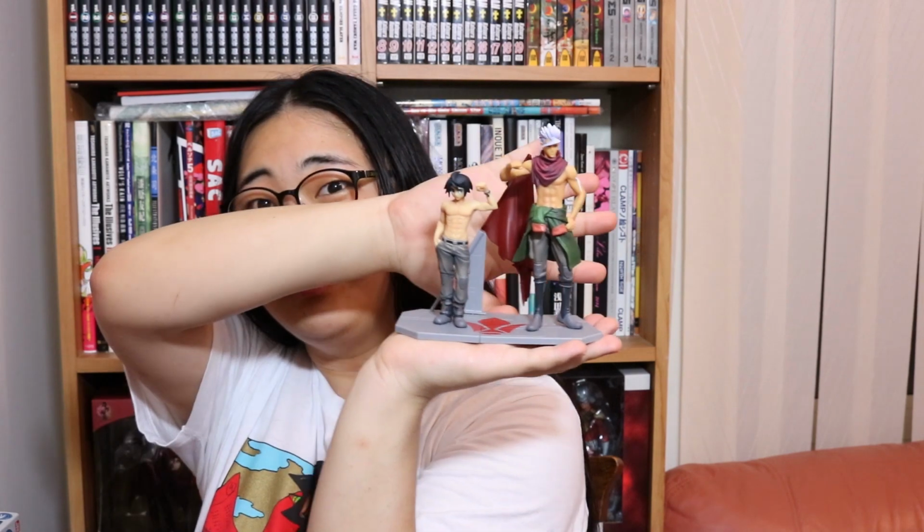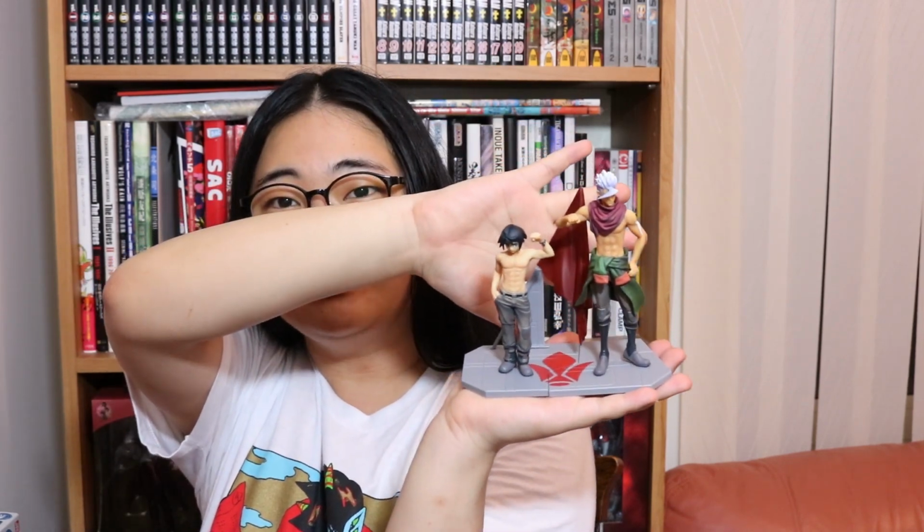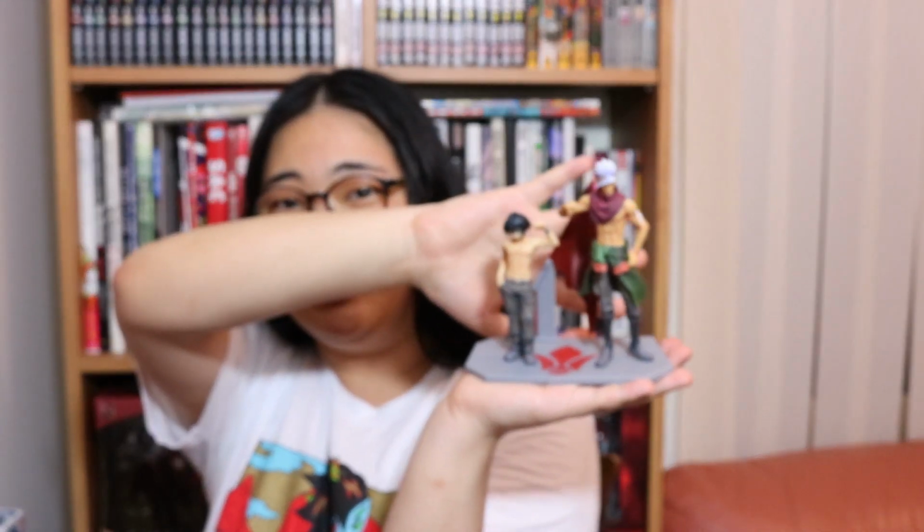These were the first ones I got of IBO before they announced the full scale figures. Excuse these little headphones, they don't actually come with these guys. Okay, I don't know if you can see, but that's how they look. And the base, they're supposed to be displayed together, and that's how they look. They're actually pretty good for little cheap figures, but obviously the quality isn't quite there. It doesn't compare to what I'm about to show you,